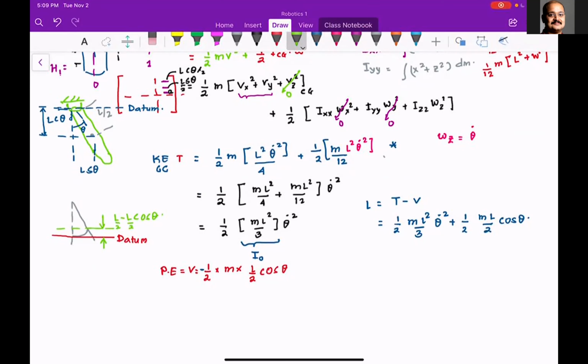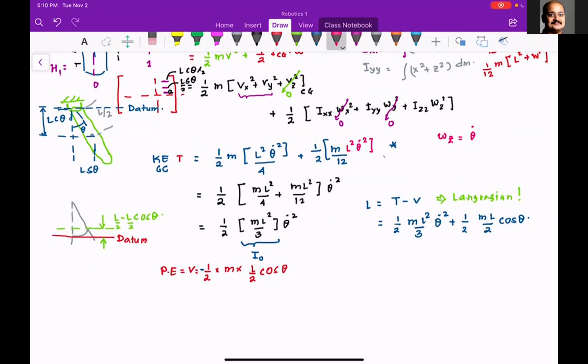This is the Lagrangian. L is called the Lagrangian. The Lagrangian is the difference between the kinetic energy and potential energy. Just to make sure I'm understanding, sir, the Lagrangian, is this how we find the differential equation of motion? Correct. Once you get the Lagrangian for your robot, that's it. Oh, okay, now I get it.